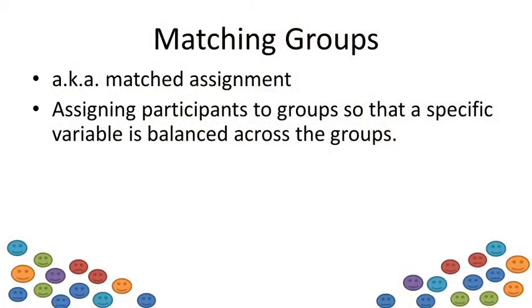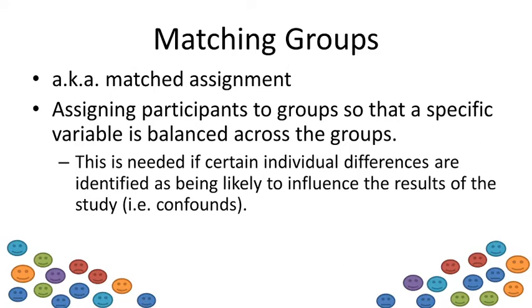The second procedure you could do if you want to make sure those groups are completely balanced is matching groups, or matched assignment, where you assign participants to groups so that you have equal looking groups. If you look at my little smiley faces down here, you can see that my smileys on the left match the ones on the right. I have an equal number of blues, an equal number of oranges and reds and greens and so on. So I want to make sure my groups have equal distributions of these different variables that I'm interested in.